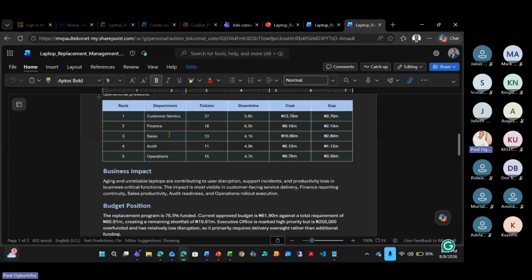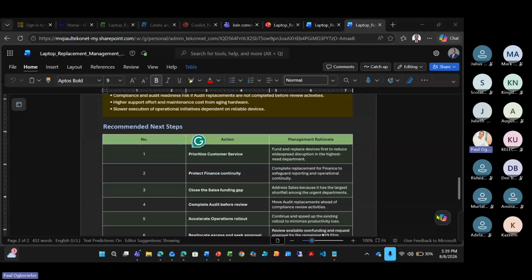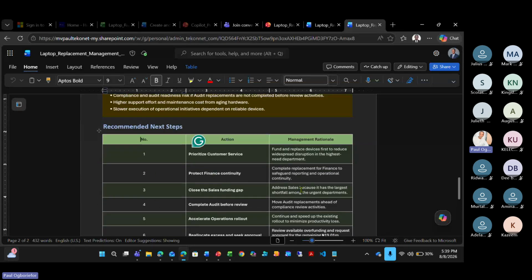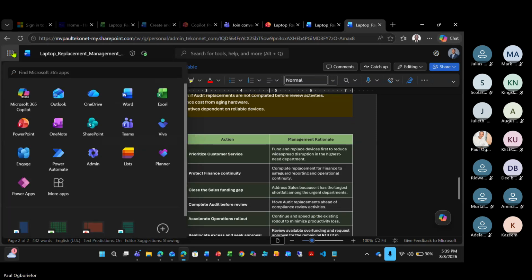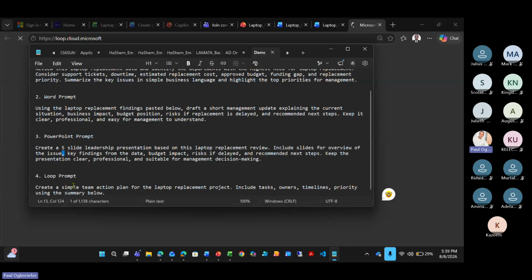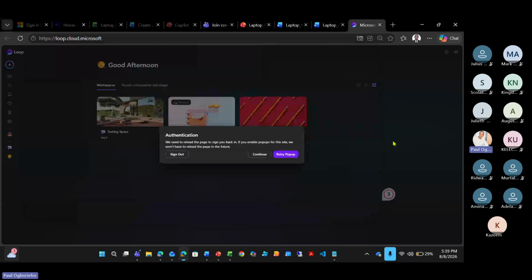Now, maybe I want to assign this follow-up task to certain people within the organization. I can then go ahead to say, okay, you are this, and then I can go to my Loop. We go to Loop. If I go to my Loop, I think the next one was the Loop prompt: create a simple team action plan for the laptop replacement project. Include tasks, this, that, and that. Now, if I copy this and I come to Loop,